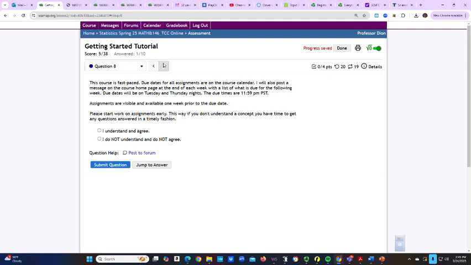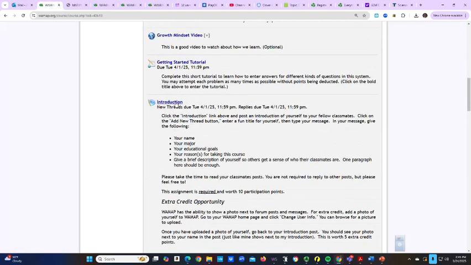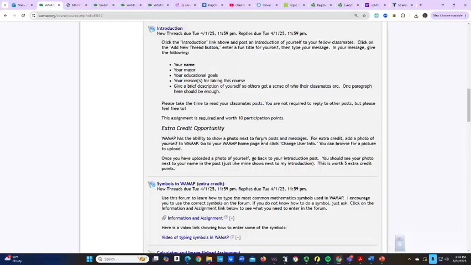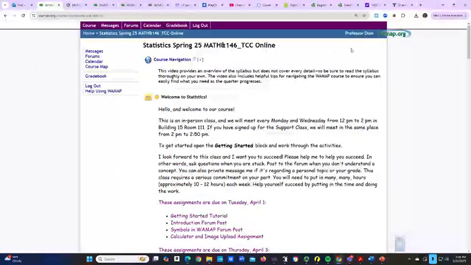So to go to your next question, just push the arrow forward. All right. So once you get through the getting started tutorial, next is going to be introduction. Part of the introduction is you can earn some extra credit here as well if you take advantage of putting a picture up. So change your user info a little bit, just so when I'm responding to you, I know who you are. In order to do that, you just need to,